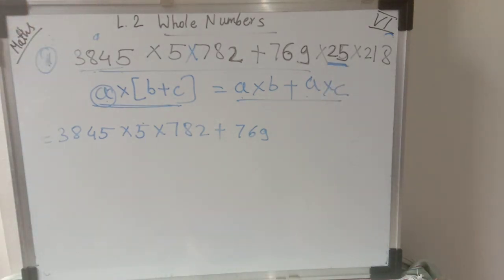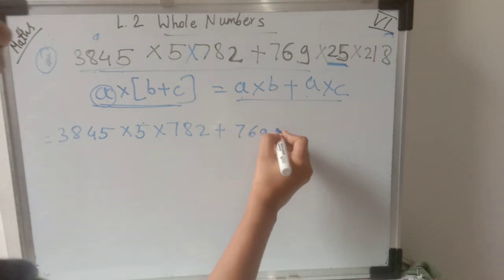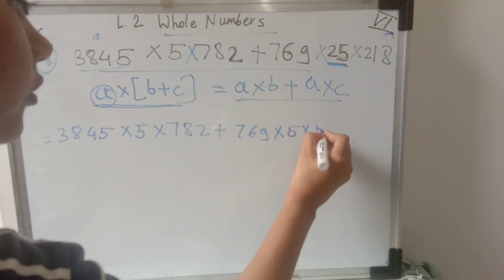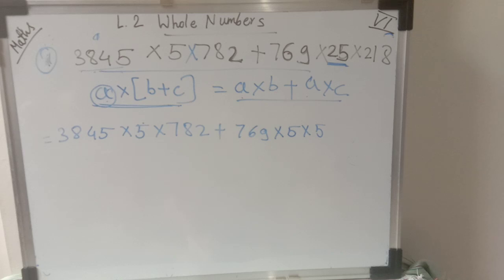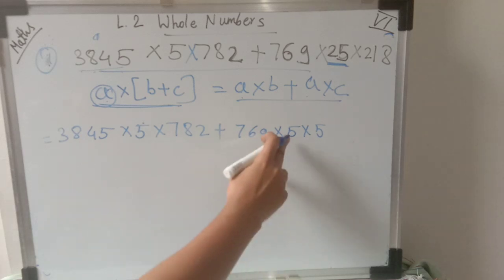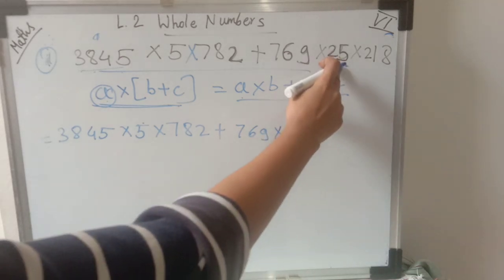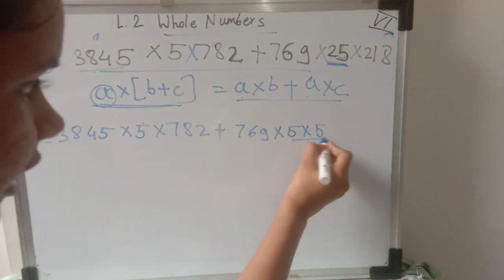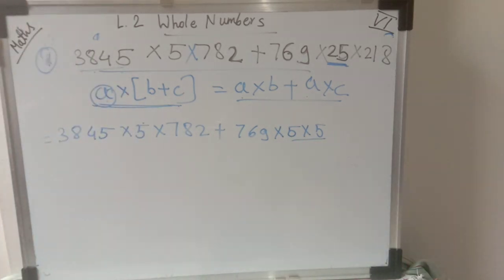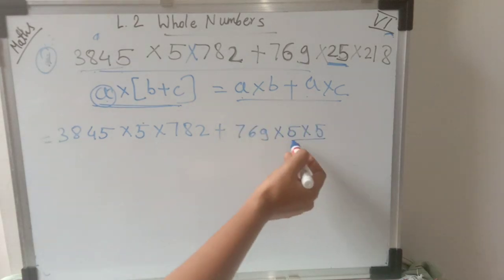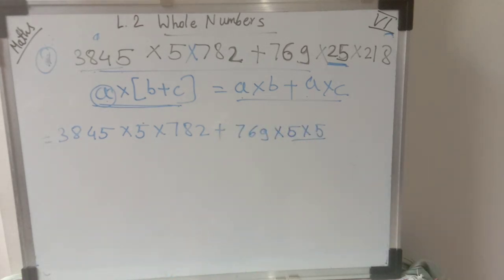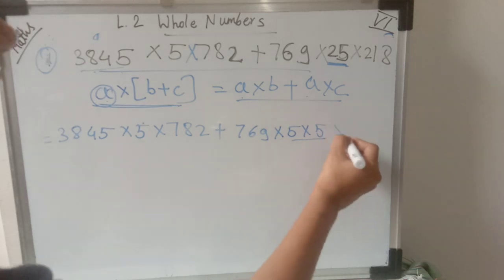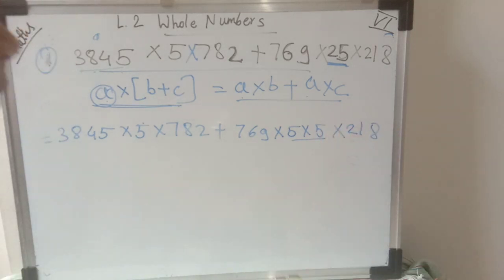If we multiply 5 with 5, we'll get 25. So what we will do here, we do the 5 times 5. Okay, so 5 multiply by 5 will do for the 25. क्योंकि हमको यहाँ पे क्या करना है, अगर हम ऐसा नहीं करेंगे तो हमें कॉमन a नहीं मिलेगा, and that's why we have to do the 5 times 5, so we'll get the 25 and then multiply 281.